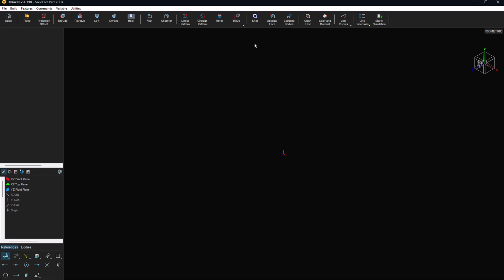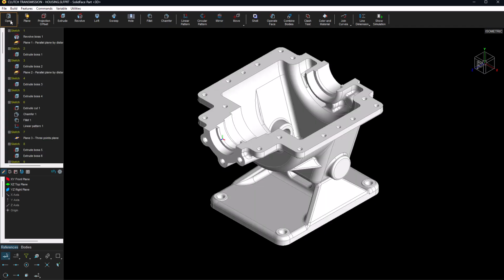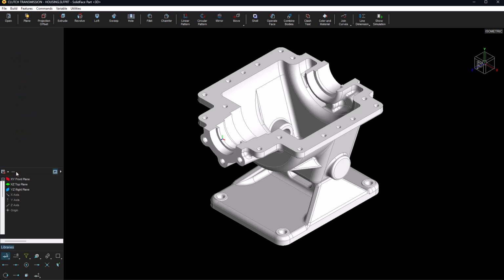Let's open a part model file. As previously explained, the list of features and commands is on the left side area. It is active when the pencil icon is selected in the middle bar. In addition to this, you can configure a visual folder for quick file access, such as collaboration, drawing, part and assembly files, user and standard library buttons,